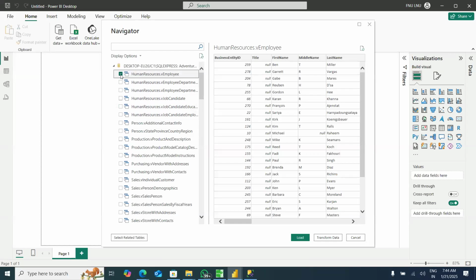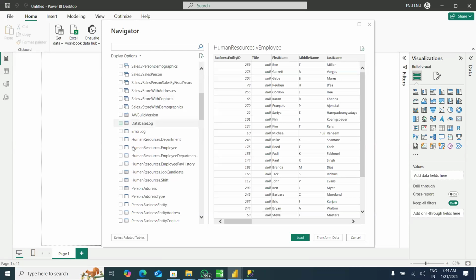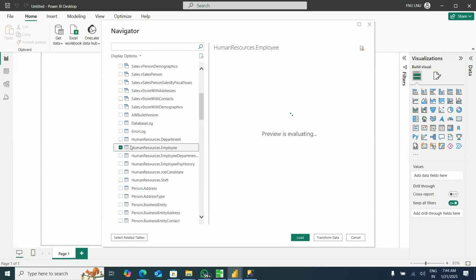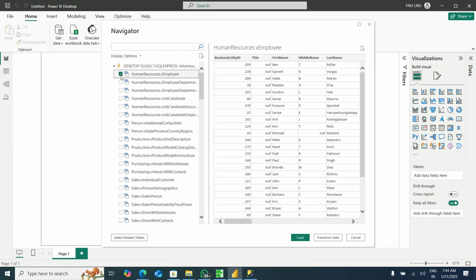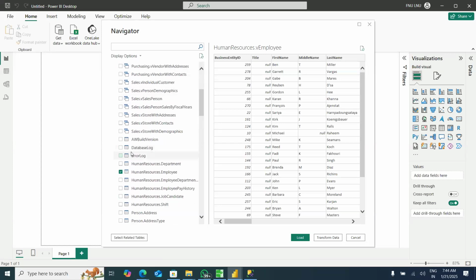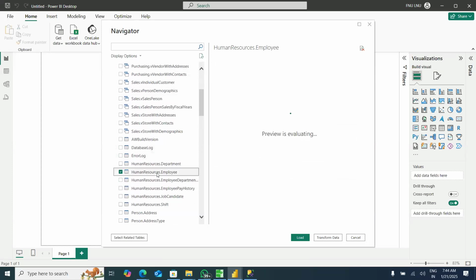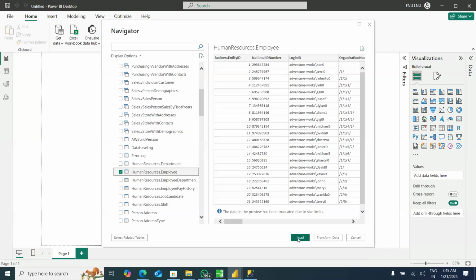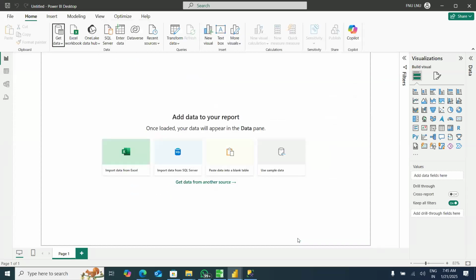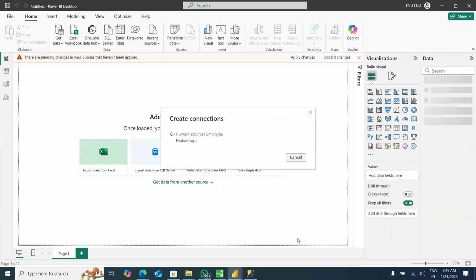Seems a bit different table. Let me check. Yeah, I think it's this one. I'll just load it into Power BI Desktop. Okay. And now